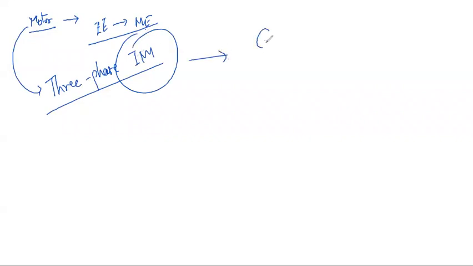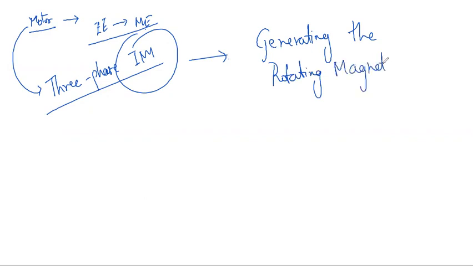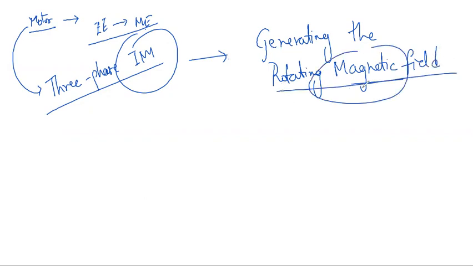induction is due to the principle of generating the rotating magnetic field. When I talk about a rotating magnetic field, the conductors are said to be in a constant way, and a rotating magnetic field is where you will be having the magnetic field in a rotating nature. So the entire magnetic field that is being developed in the machine is said to be rotating.